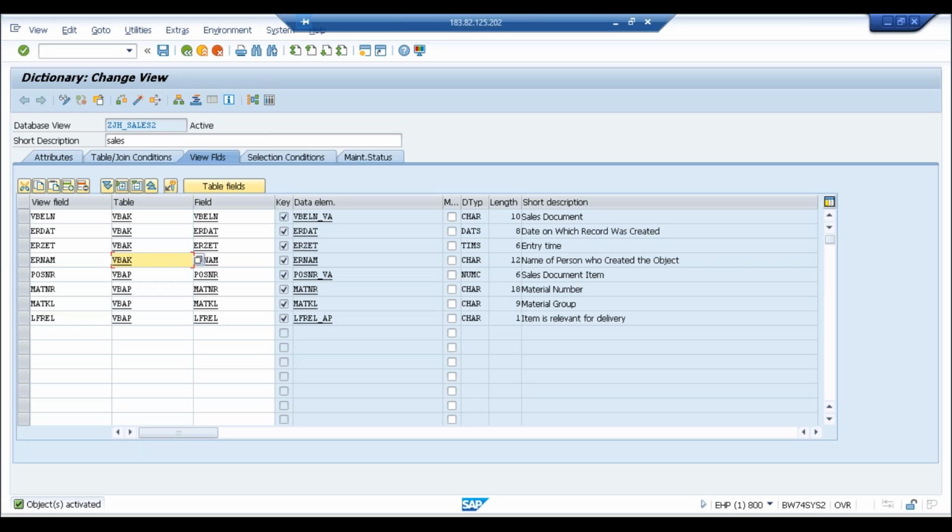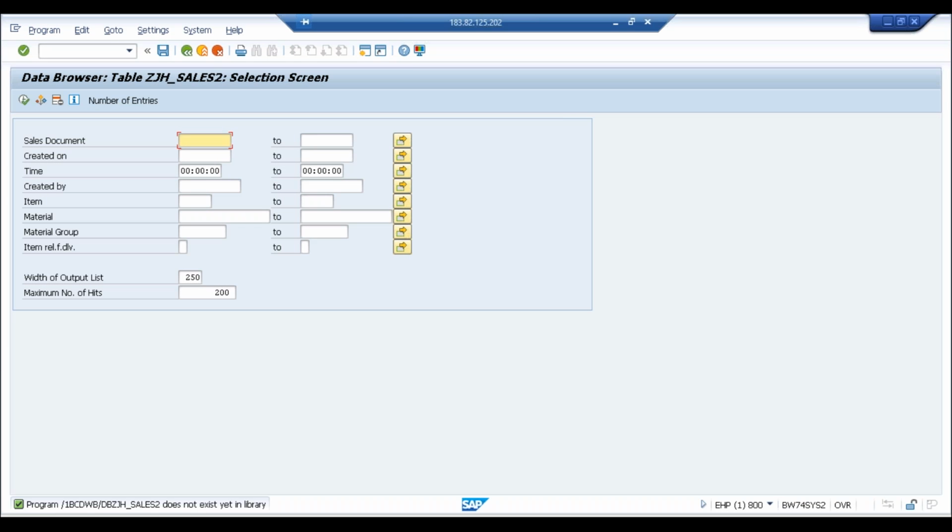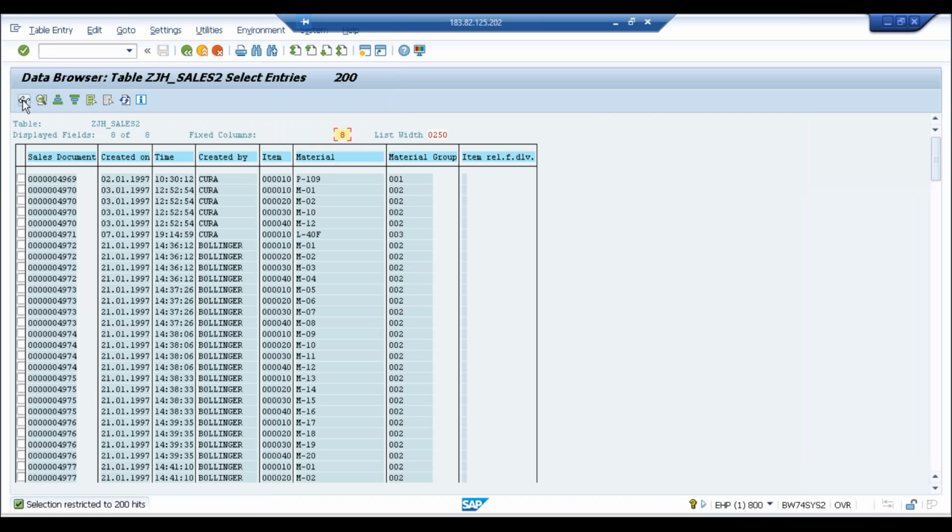The data will come into this view from the tables. Here we can see the data from both the tables, VBAK and VBAP, and we are able to see this data from the two standard tables.